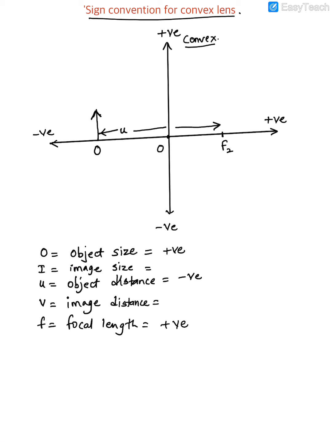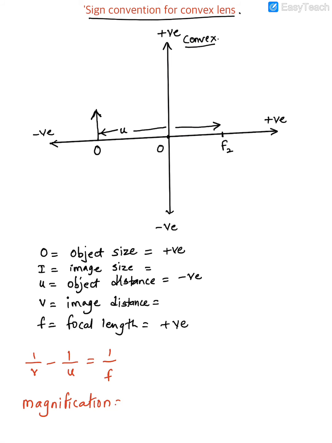Now a few important things. I'll tell you first the formula. The formula we are going to use is 1 upon V minus 1 upon U is equal to 1 upon F. There is no proof or derivation of this formula, so we are not discussing that. We are limiting ourselves only to the application of the formula. And the second formula is for magnification. Small m is the symbol for magnification.